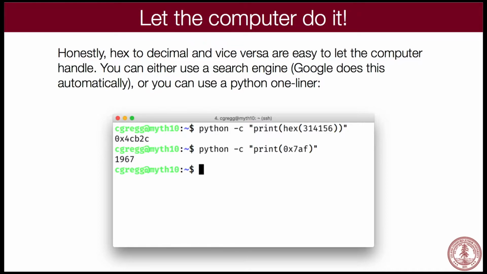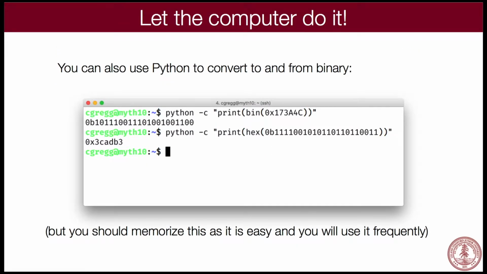Okay? All right. You can also do the conversions from binary too, by the way. bin and then the number in hex notation will give you the binary equivalent. So you can do these conversions pretty easily without having to sit down and figure it out. But you should get fast enough so that you can figure it out. Why? Because you'll see it all the time, and it's worth your time to memorize this stuff, okay, or to figure out how to do it.